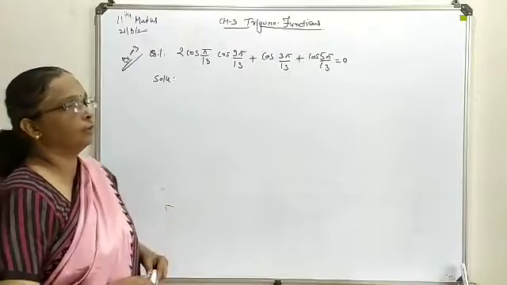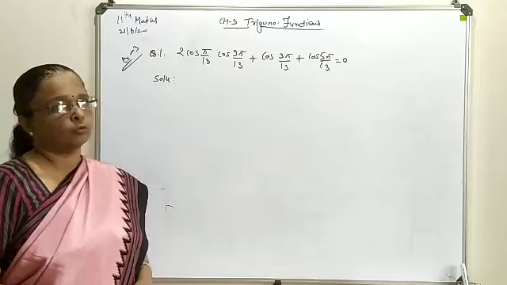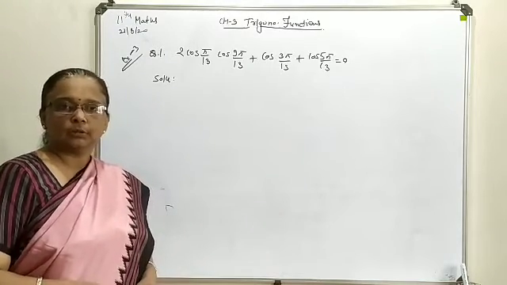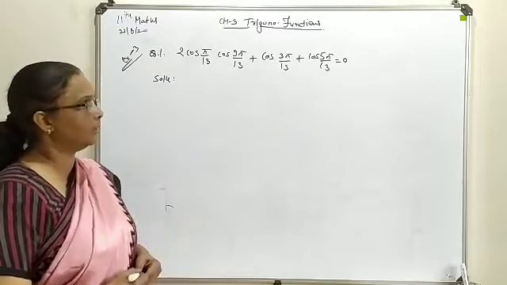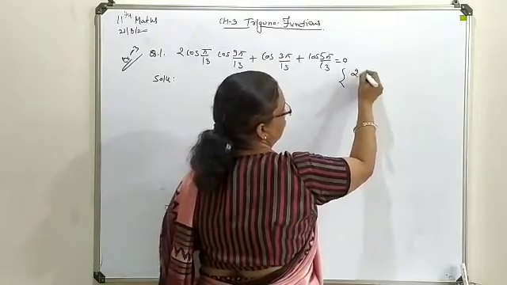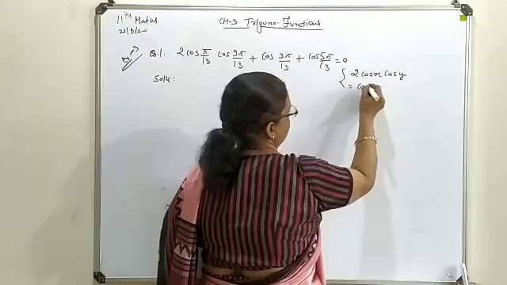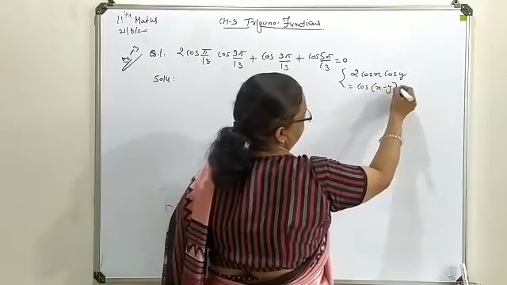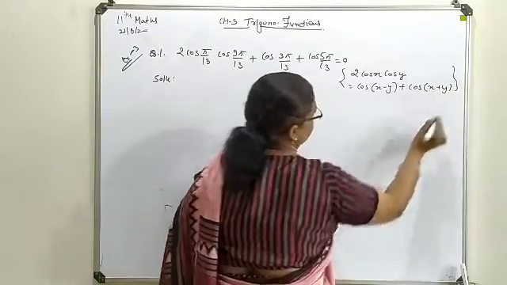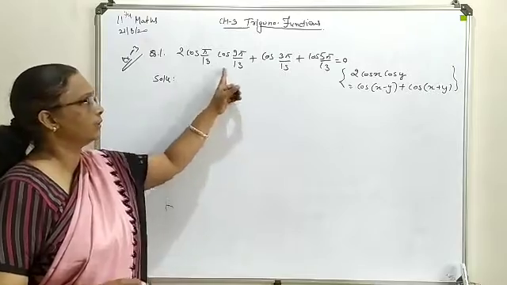Here these terms are written in a multiple form. So this multiple form you can turn into a separate form by using the formula 2 cos x cos y, which can be expressed as cos(x+y) plus cos(x-y). In the beginning I introduced all the formulas, so that we will implement them over here. So this formula you are going to implement in your first combination.